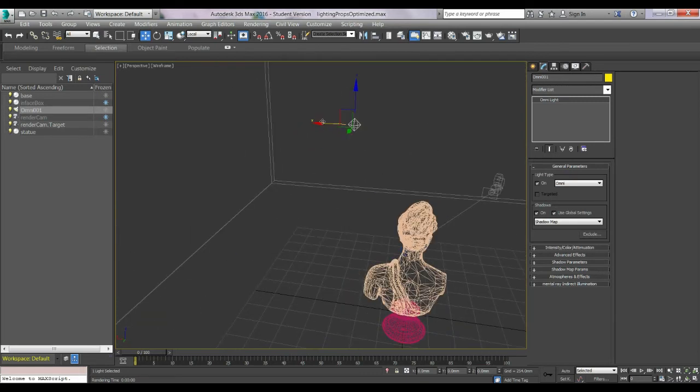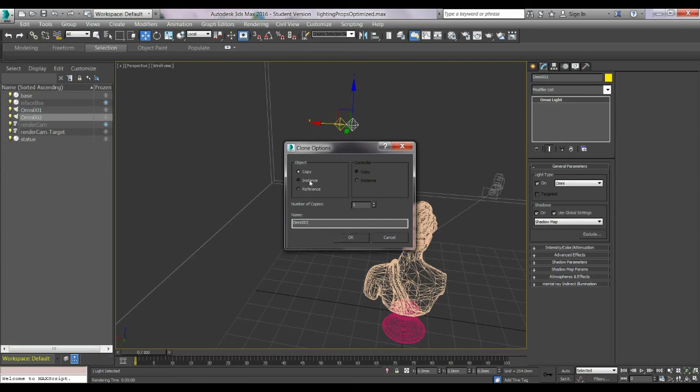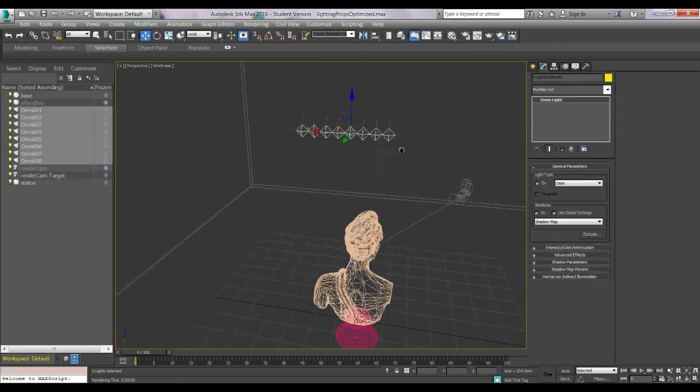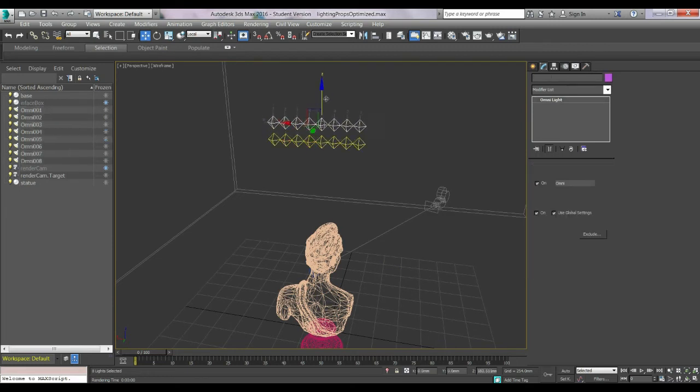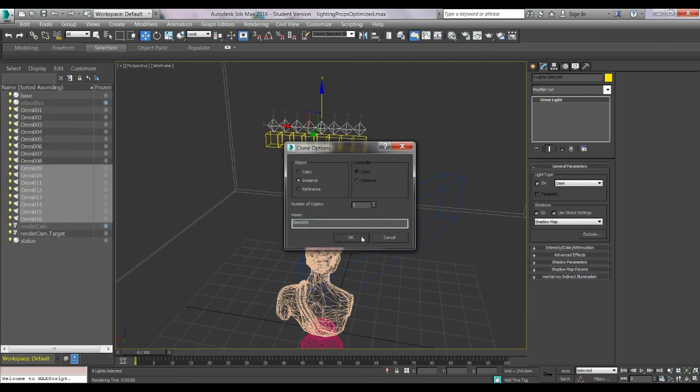Okay, one of these does not work, but how about that? Make a copy, well, an instance, better yet. How about say 7 of these with the original, so that makes it 8, and even more. Okay, another